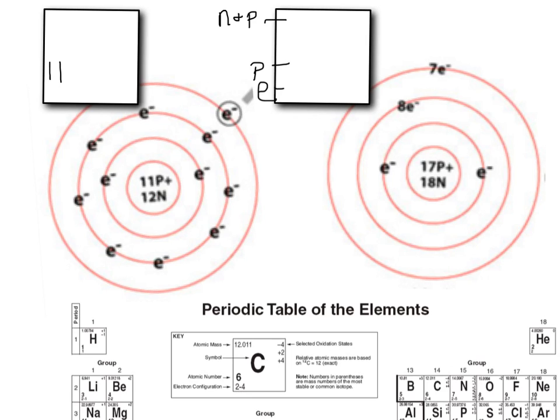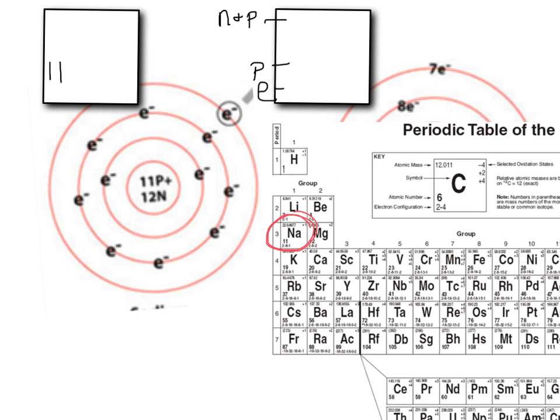Now when we look on our periodic table, we'll find that element number 11 is sodium. Since we know the atomic number, we also know the symbol. Again, they always correspond. Now to determine the mass number, which will be written in the same position as the symbol in the example